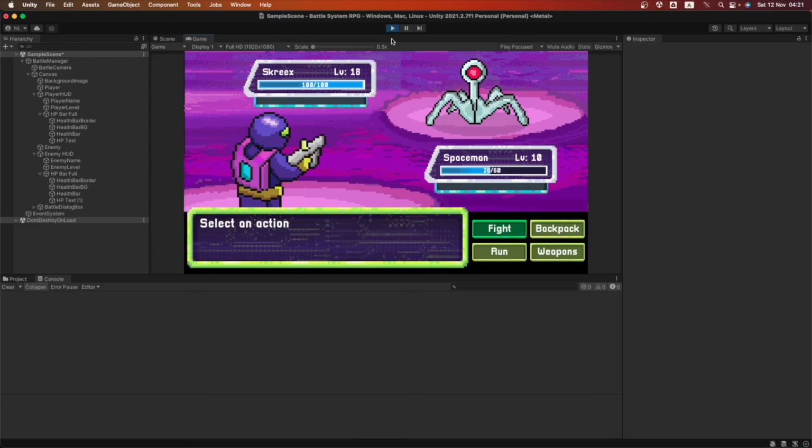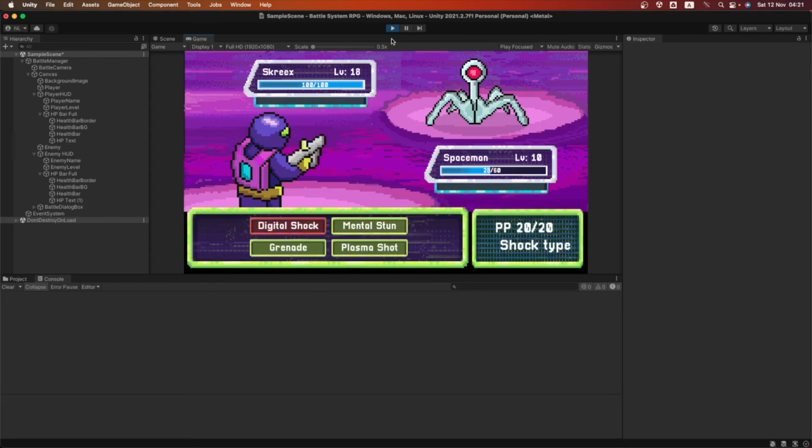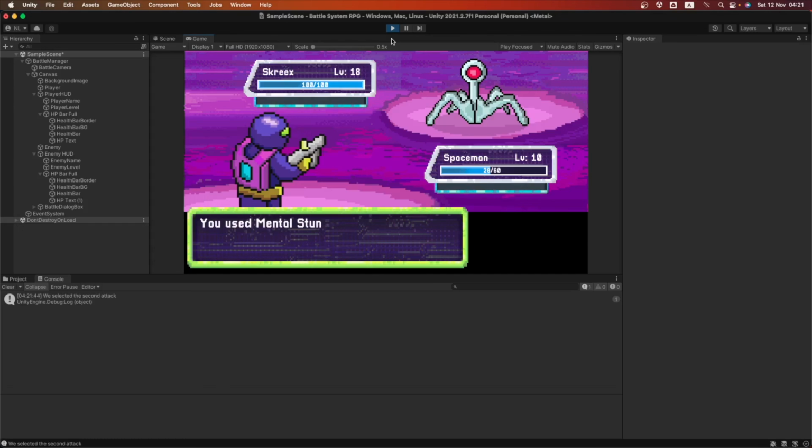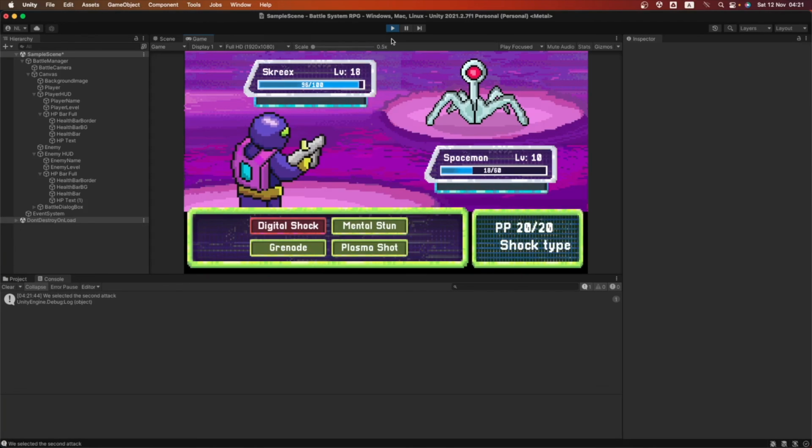So now we have a working, cool, updating battle system where everything is dynamic and we have some complex math happening in the back end of this system, which is really, really cool. Here's to you for coming all the way through here. Maybe I will go and extend this tutorial series, but for now we're gonna be leaving it here.